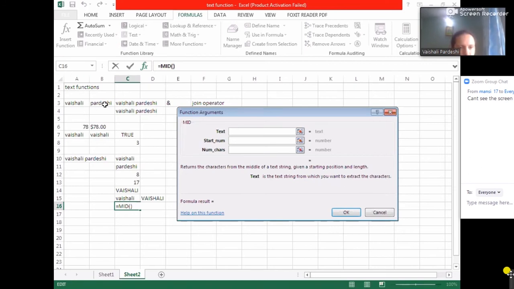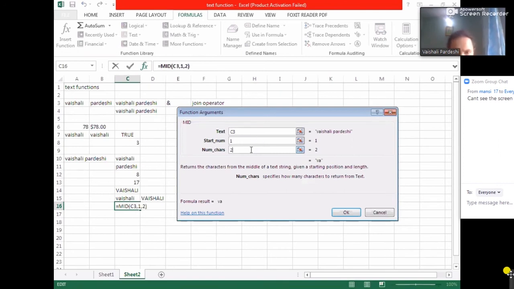Then the starting number, that is the position of the character you want to extract. Then the number of characters you want to extract. We cannot define a position over here. Later on we will be defining position also, but that happens when we use it with some combination.